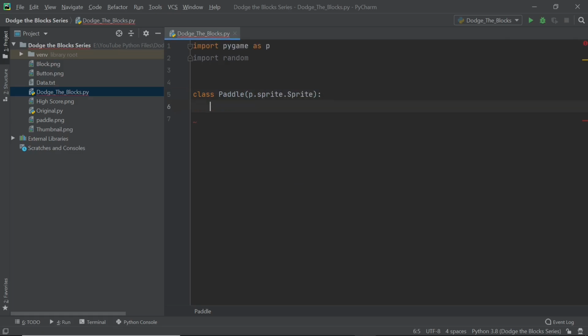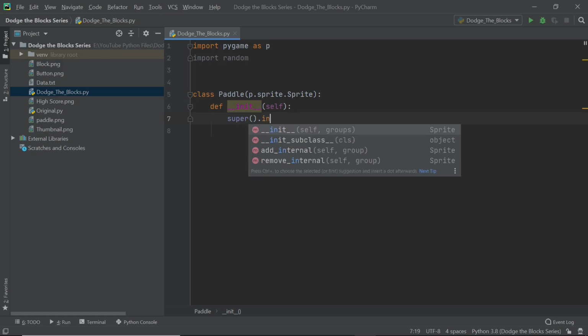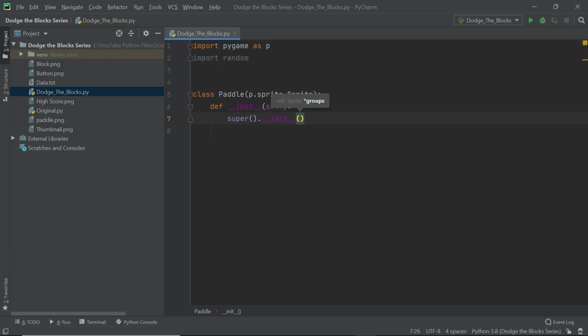After this, I'm going to have the main def __init__ method. Within this init method, the first thing we need to do is always type in super().__init__(), because here you can see that we are inheriting from this module. So it's important to add this line of code. Now we can type in the parameters which we need, or the attributes.